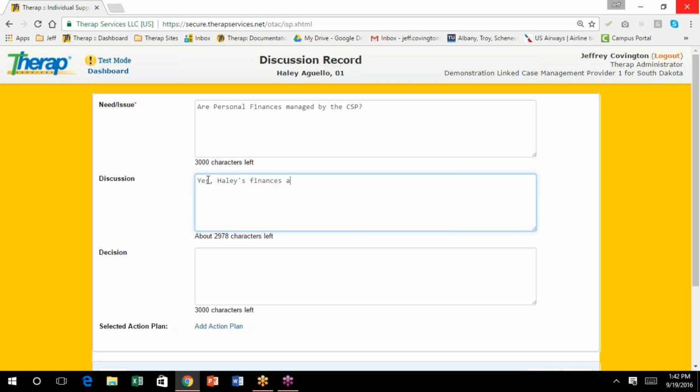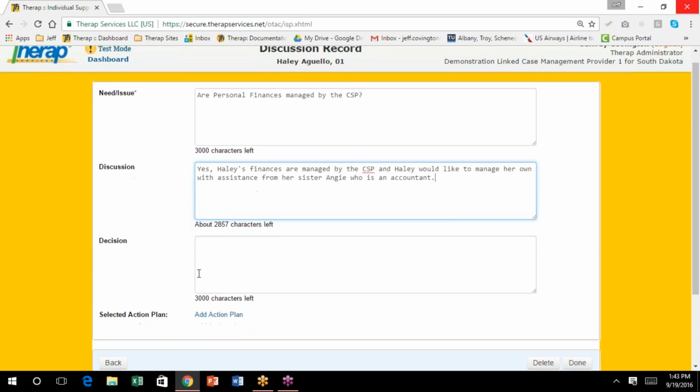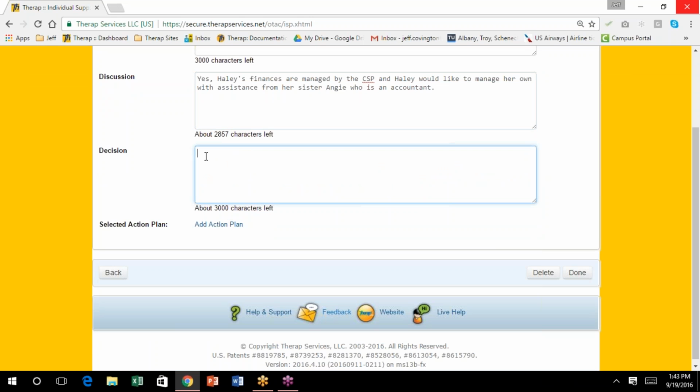Yes, Haley's finances are managed by the CFP, and Haley would like to manage her own with assistance from her sister Angie, who is an accountant. All right, and in decision, Haley will open a savings